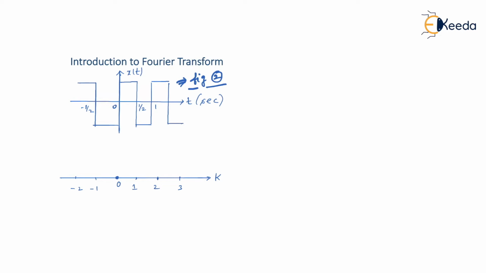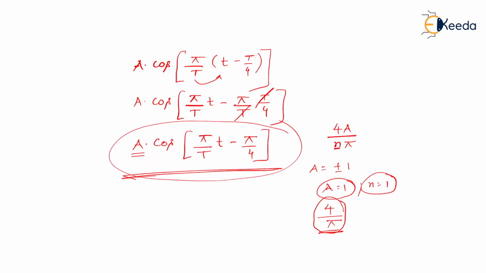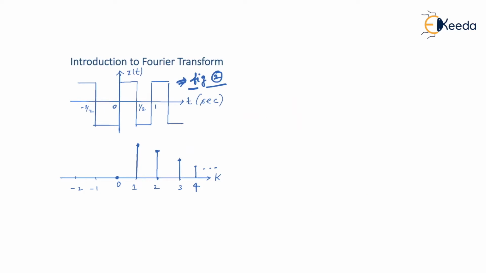Of course, for the fundamental component, that is at k equal to 1, we get a certain amplitude. Let me assume this much amplitude I'm getting at k equal to 1, known as the fundamental component. Then at k equal to 2, we get again a certain amplitude, but lesser than the fundamental component. Then as k keeps on increasing, this amplitude goes on reducing. Further, at k equal to 4, I'll get an even lesser amplitude. So these are the general CK plots we used to have.